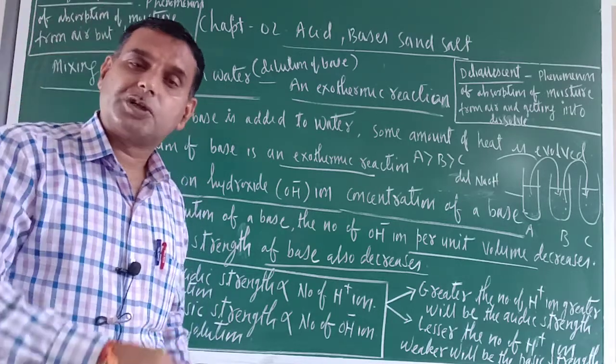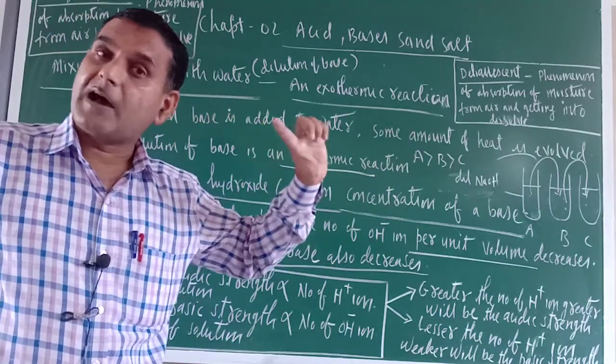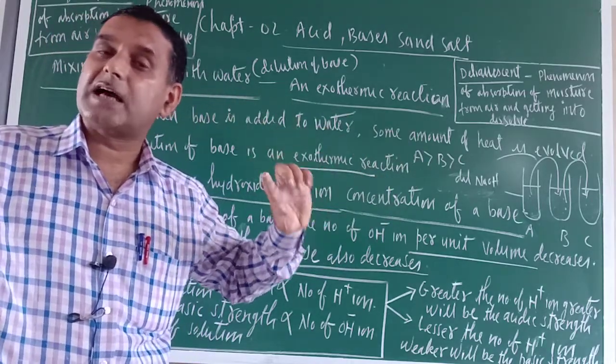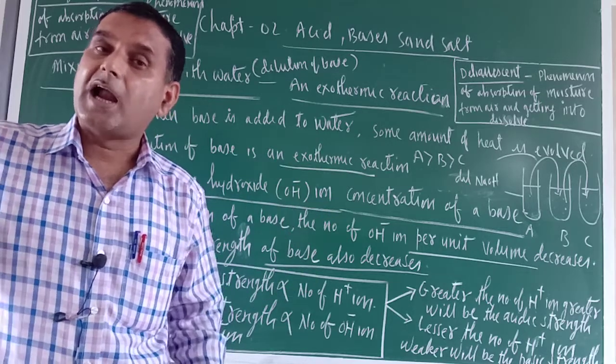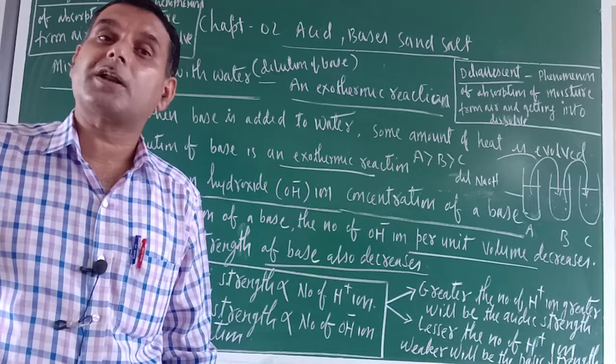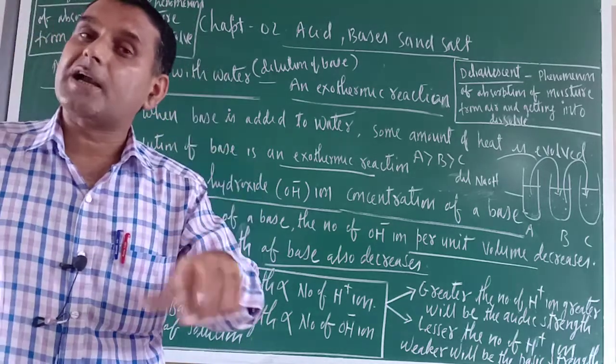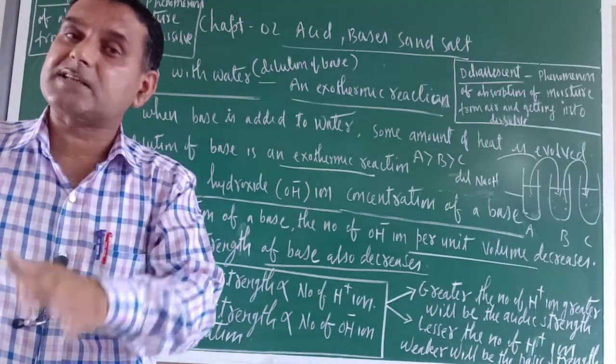From this solution, you are removing 5 milliliter of that solution. Means in 5 milliliter of solution, water is also there, sugar is also there, and you are transferring it to another vessel, and further adding 10 milliliter of water. Then what would be there? Now the concentration of sugar particle in test tube second will be less or not?